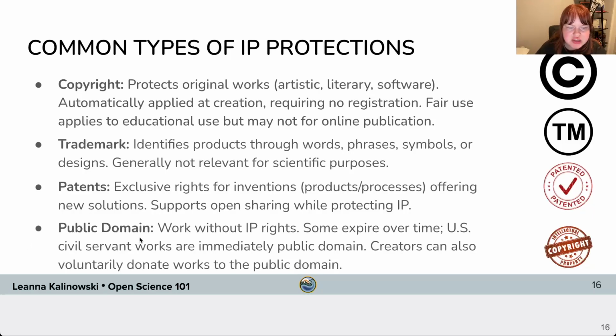And then in some cases, intellectual property is not protected at all. This is the public domain. So this is when a creative work has no intellectual property rights associated with it. So some examples of this happening,